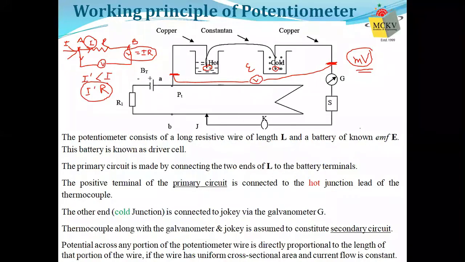Instead of using a voltmeter, why are we using a potentiometer? So we discussed the drawbacks of a voltmeter. The voltmeter itself draws a bit of current, and that's why the true voltage drop across the circuit, which we want to measure, decreases. Why is it giving an error? Because the voltmeter itself draws a current, and that is why there is an error.